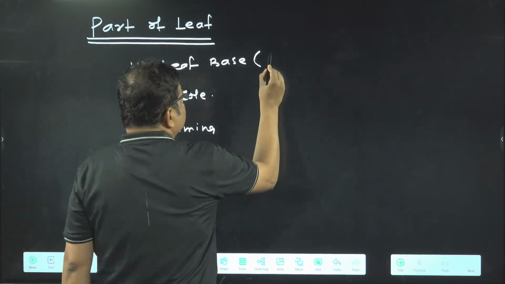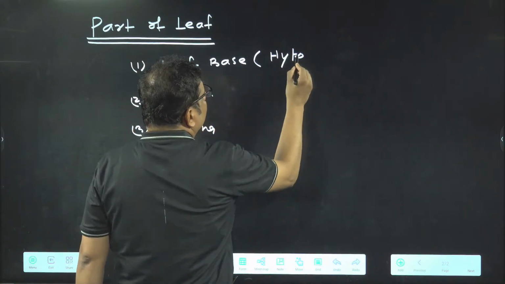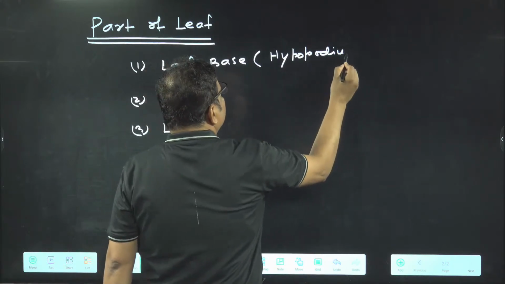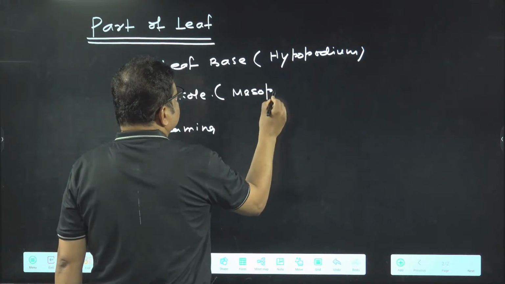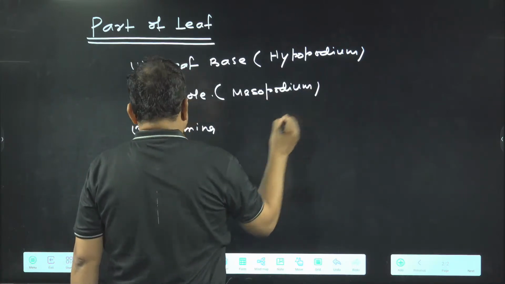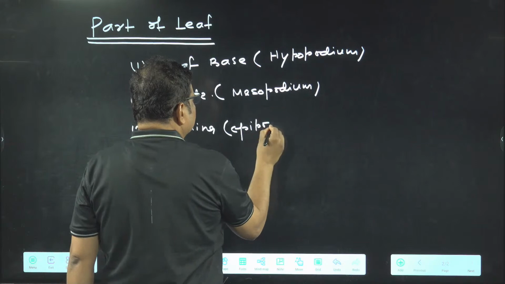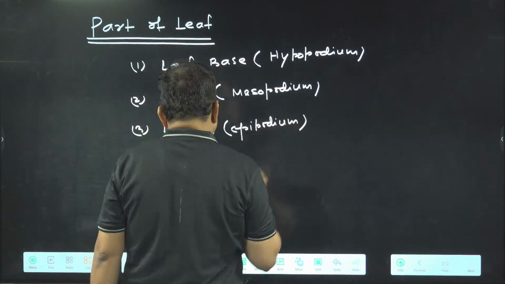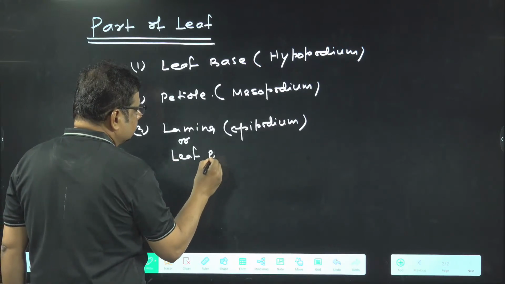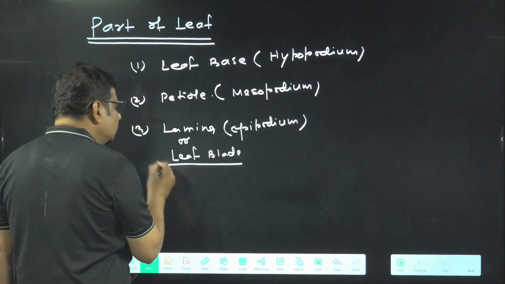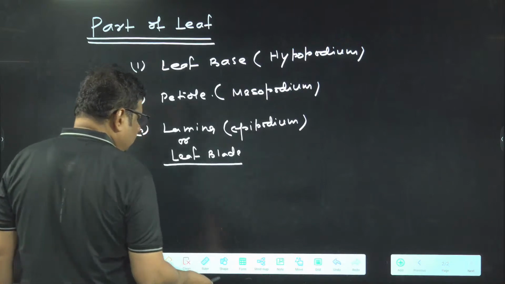So leaf base is also called hypopodium. Petiole is also called mesopodium. And lamina is also called which one? Epipodium. We use another term for lamina, that is which one? Leaf blade. Got the idea? So now we are going to draw a diagram and label every part,